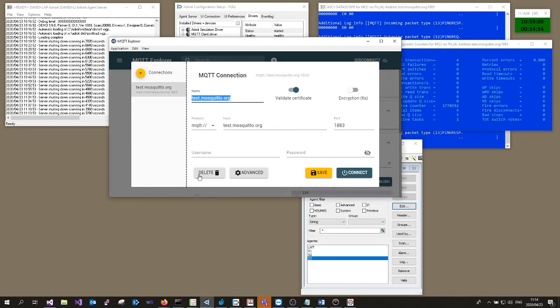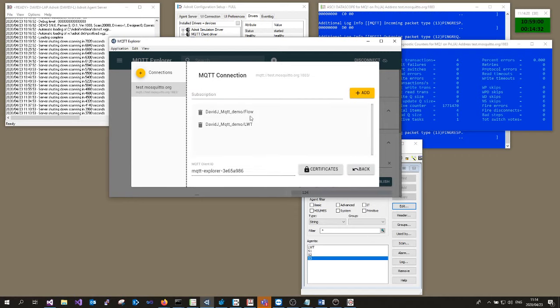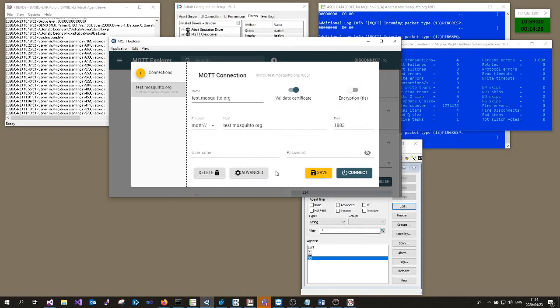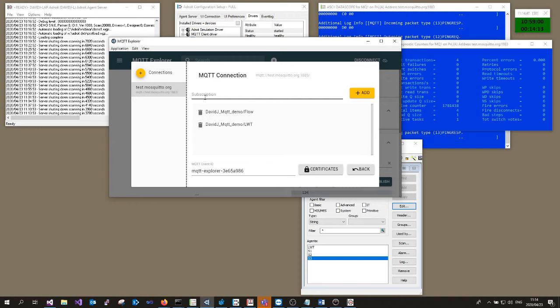Okay, so what I wanted to show you here is, for example, this broker, I'm setting up a connection. I'm saying, listen, you're going to be talking to the broker on port 1883, which is just plain text. And then I'm telling the system, when you connect, subscribe to this fancy name.